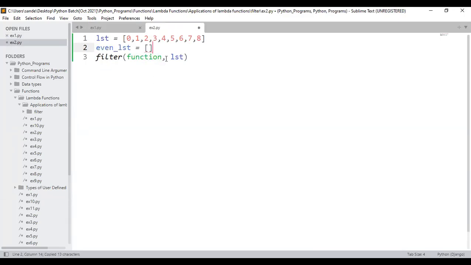Why empty? You will understand. Here, I'll not touch anything. Why? Because the data will come. While defining the function, I'll be using the lambda function. Please tell me how to define a lambda function.